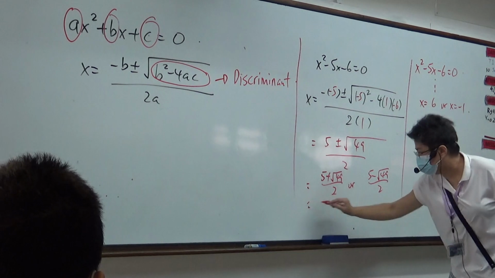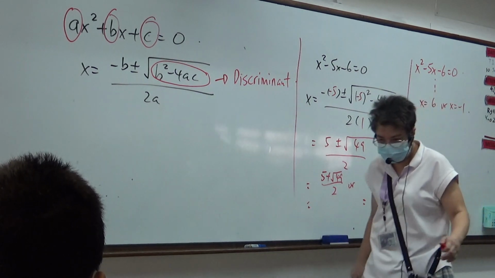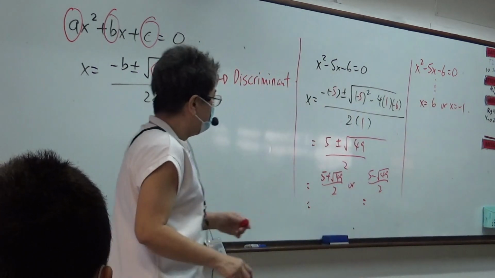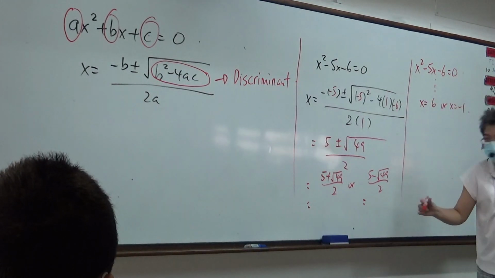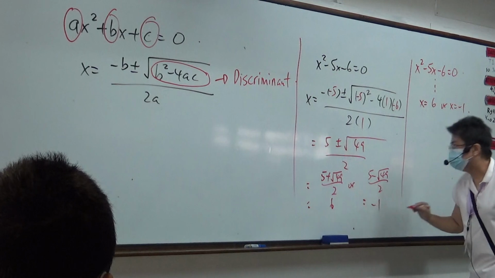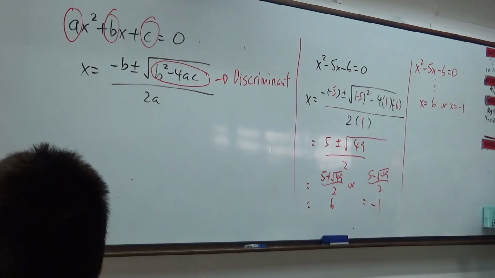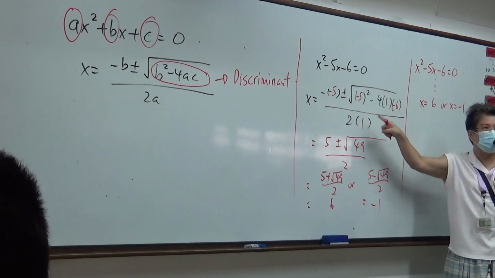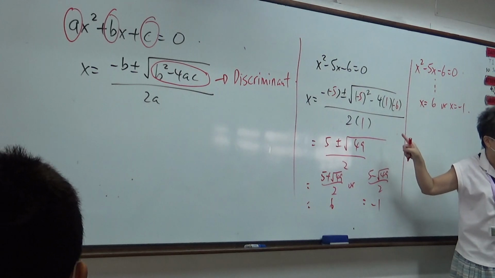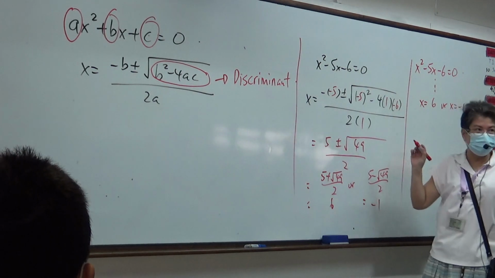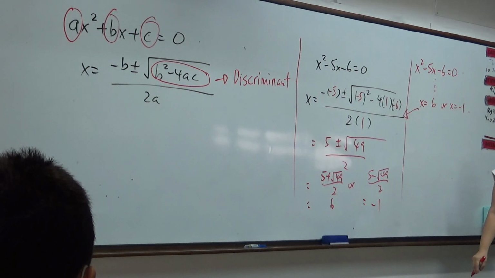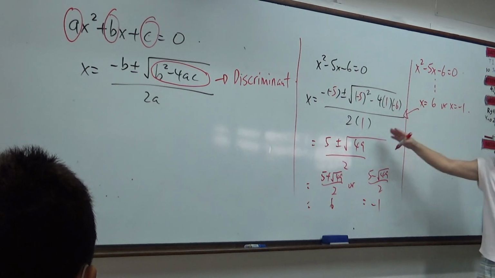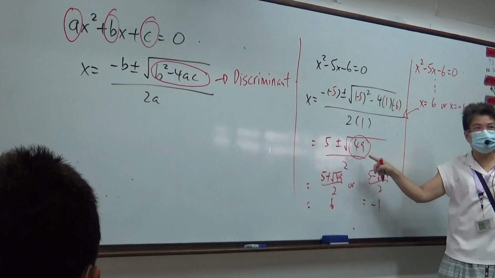All of you key into the calculator now. These two answers. Of course it's 6 and negative 1. Am I right to say that? Of course it's 6 and what? Negative 1. So, are you clear with how I plug in the numbers? Now, I tell you how the teachers give marks. You plug in correctly, 1 mark. Other than that, no mark. But I insist that you write this one so that you don't have to double